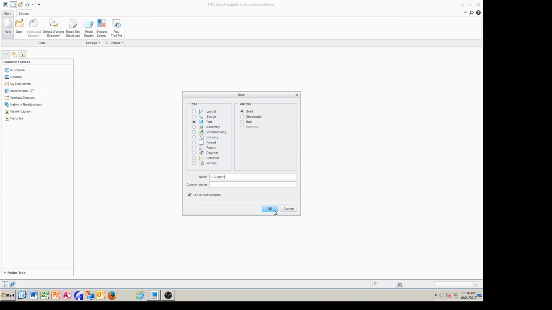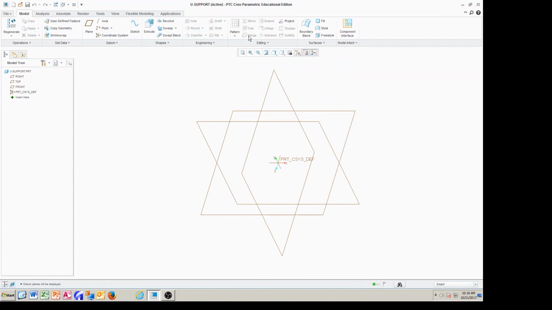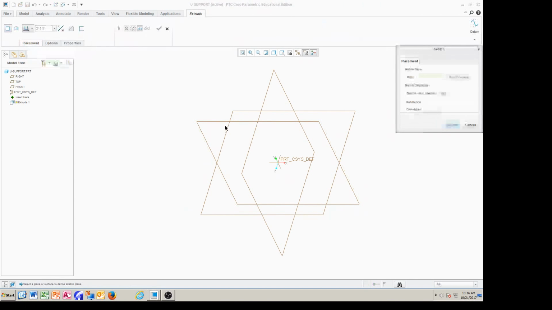All right, let's get started. We're going to start with the plane, and we're going to create the front view of this solid model. We're going to use extrude, placement, define. We click on frontal plane, sketch